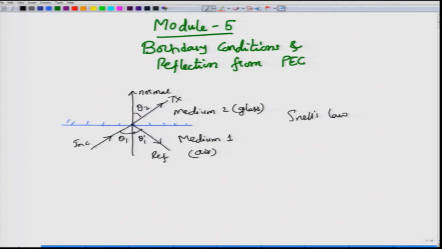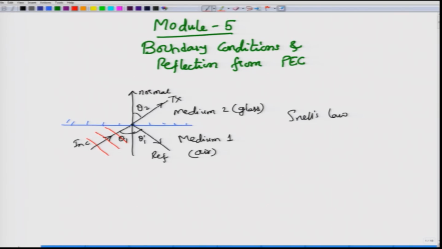So, we had light represented in the form of a ray, but because you have listened to the last module, you perfectly know that light is not just composed of a single line that we would call a ray, but also these red lines, which are all the constant amplitude fronts along which you will have the electric field, and perpendicular to both this electric field as well as the direction of propagation would be the magnetic field. So, light is actually a wave, but for our consideration in these first few minutes, it is sufficient for us to consider light as a ray.